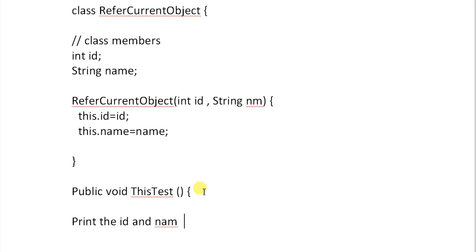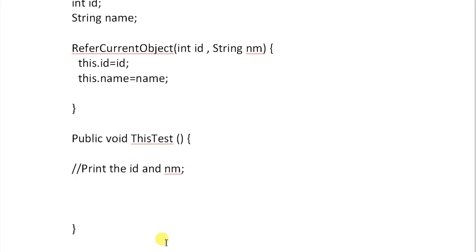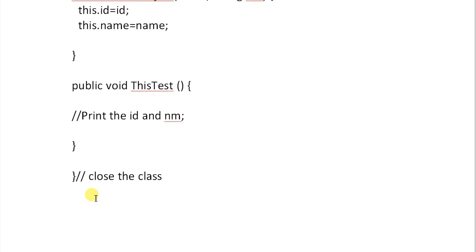So I am using nm. Fine. So let's say I need to do it in Eclipse. So I am just commenting this for your reference. This is the job of the method. So after defining the method, let us close the class. So main class has been closed.